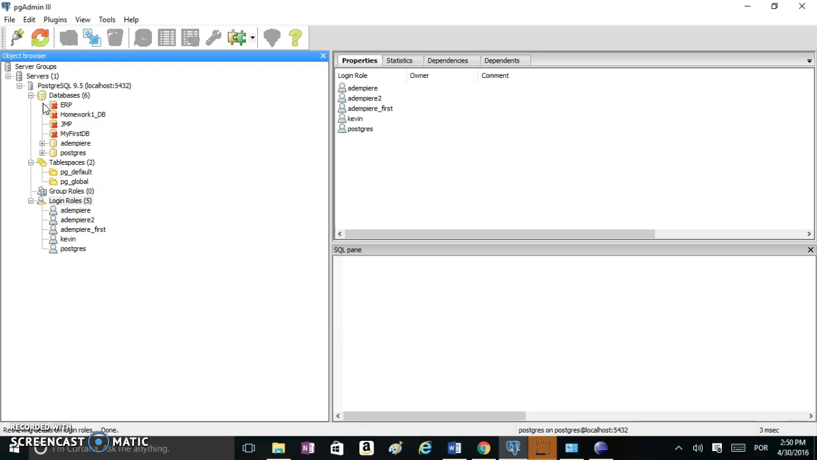Now, once we are here, we're going to create a new database called Adempiere, a new user called Adempiere, with a password Adempiere. So now,